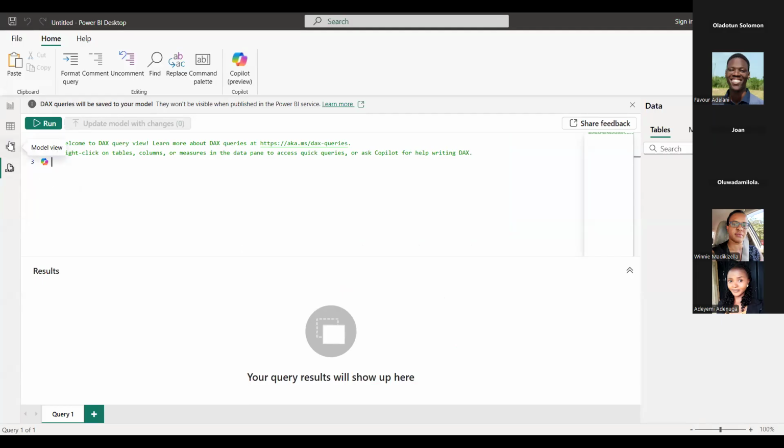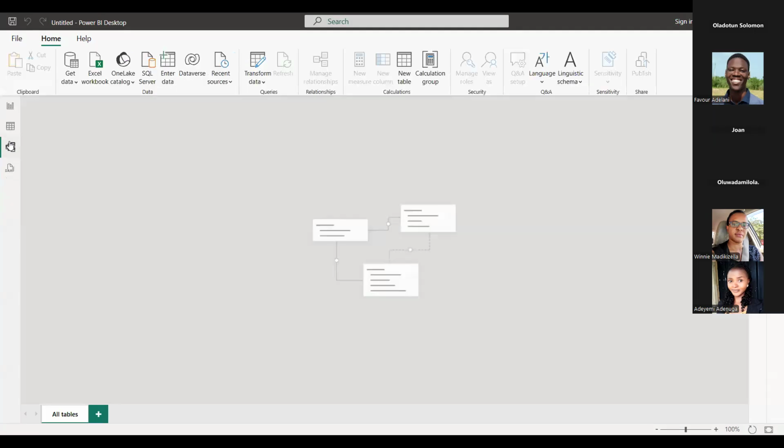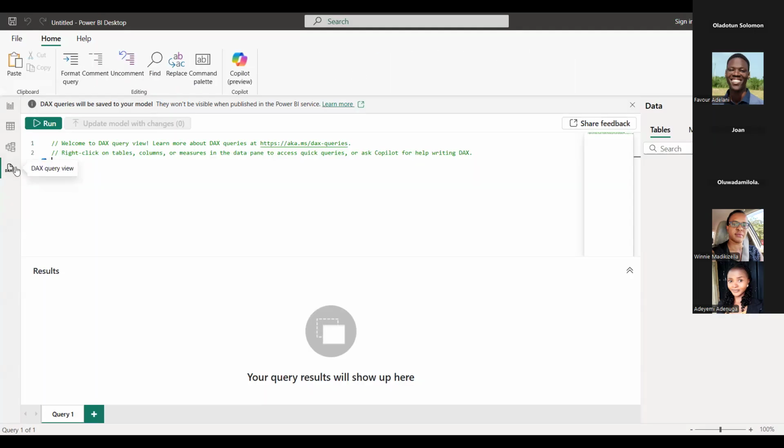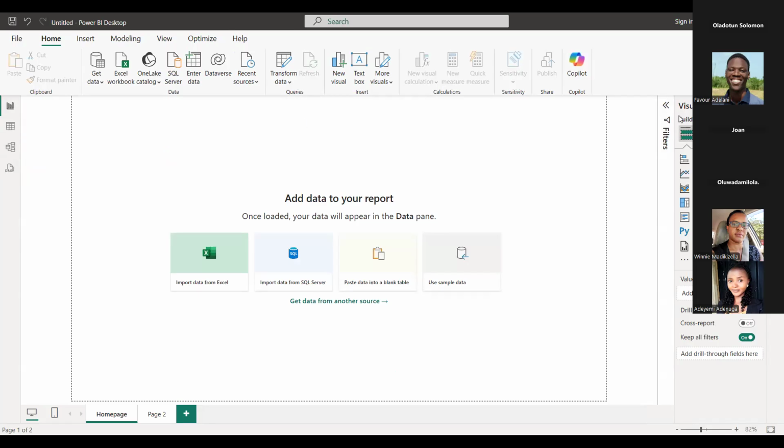As we go on in the series of teachings, we are going to be taking a look at DAX and at some point coming to see what we can do here. So majorly for now, we are going to be doing most of our work in the report view.